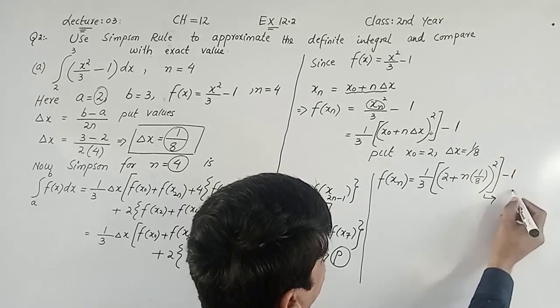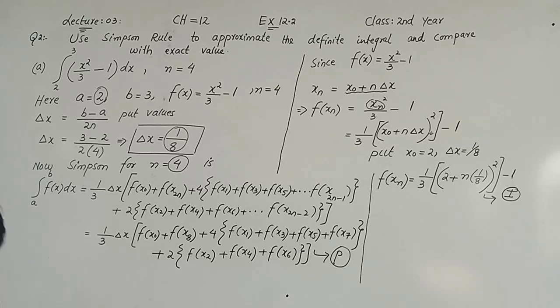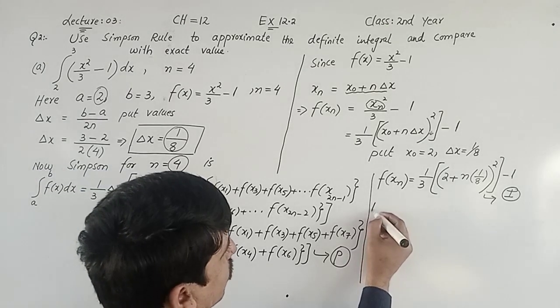Say this is equation 1. अभी हमने इक्वेशन नंबर 1 में n की वैल्यू पुट करना है फ्रॉम 0 से लेकर 8 तक. So put n is equal to